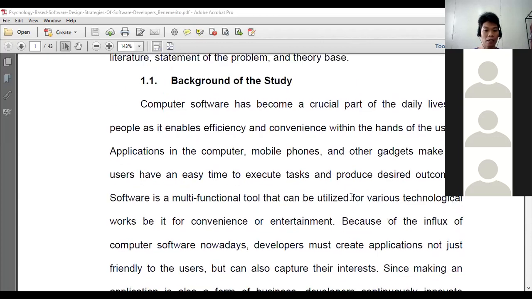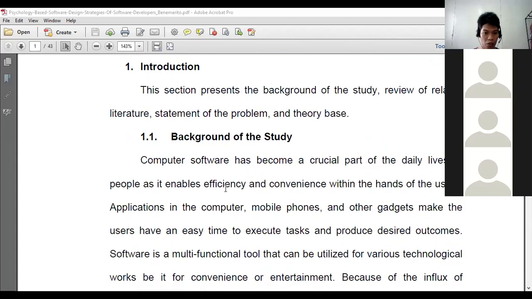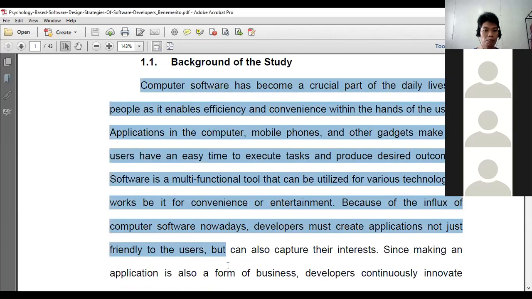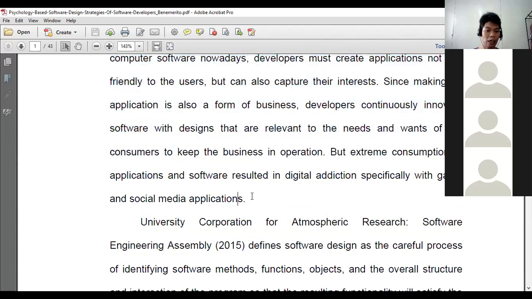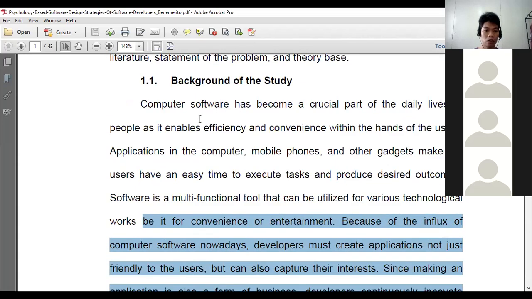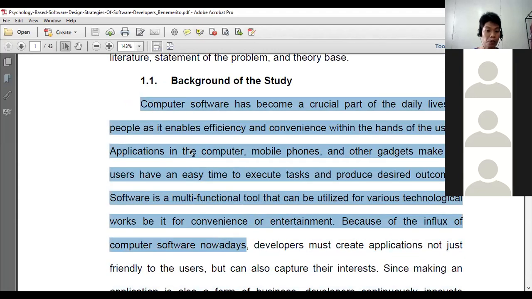Sa background of the study, nag-discuss ta about sa moves or steps on how to write research introduction. So I forgot to discuss this one. Sa first part, you need to contextualize. Anyway, I already posted samples of research sa Schoology. You need to contextualize what's your observation.